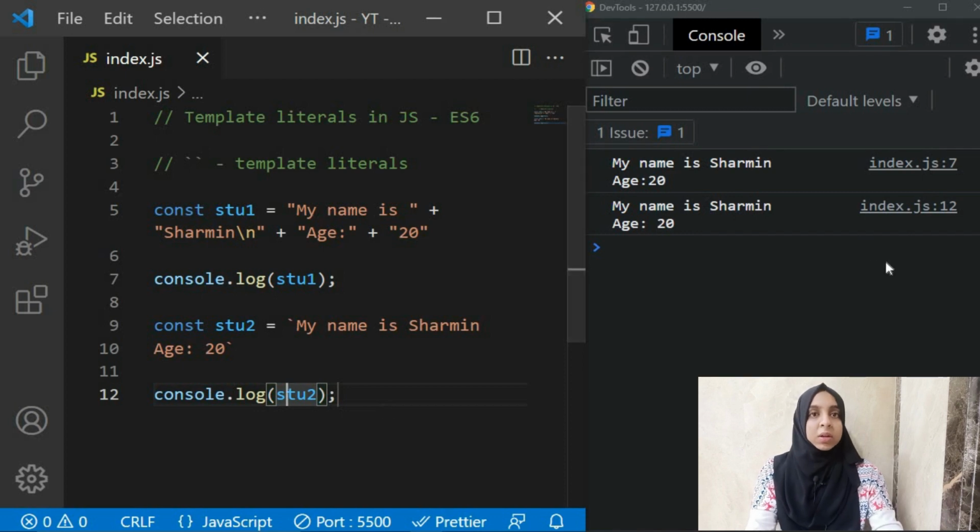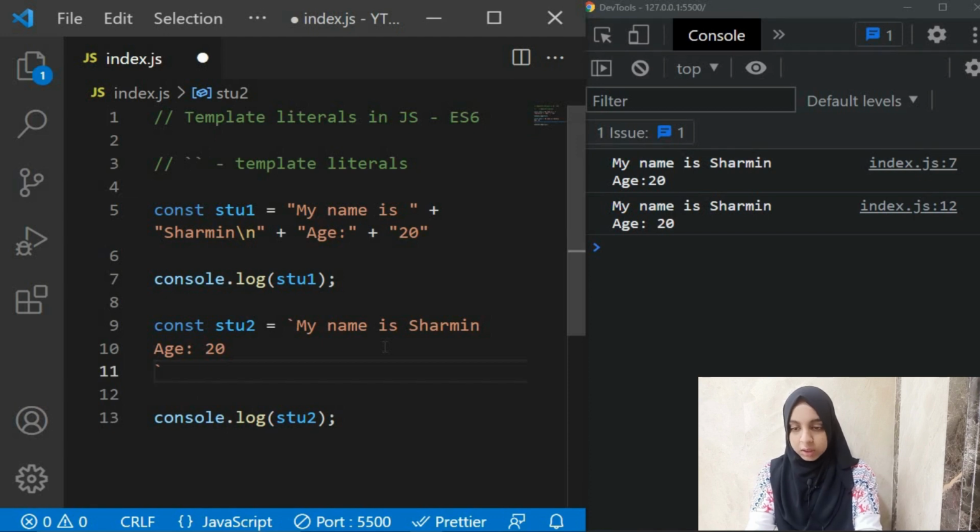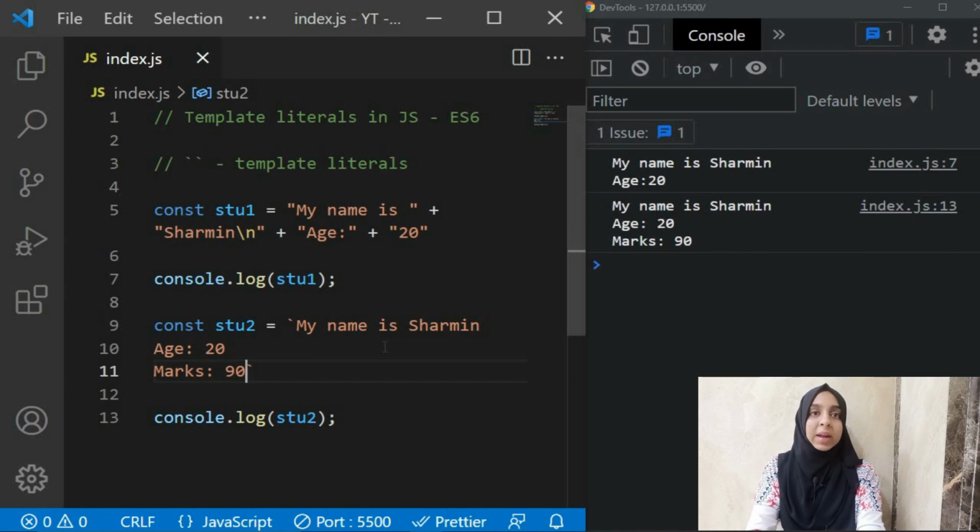Alright, so can you see here there was no need to use any escape character like this, and just because you wrote it on the next line, it comes on the next line, right? If you want to see over here, I can show you something else also. Like let's write something else in the next line, that is marks equal to 90, for example. Can you see it moves to the next line automatically?